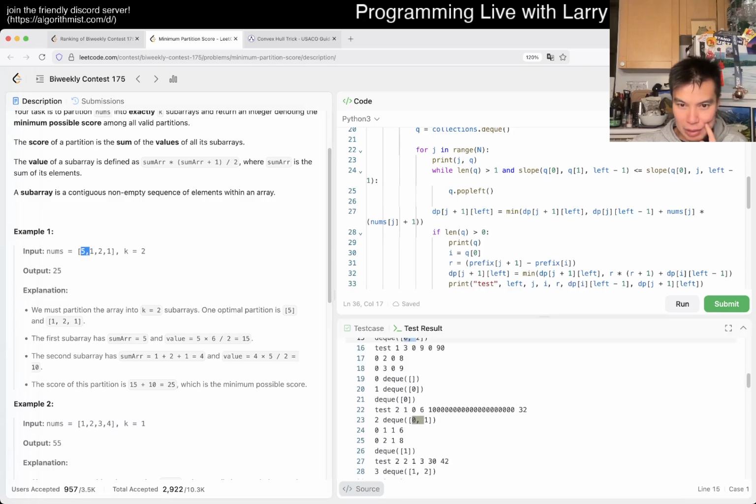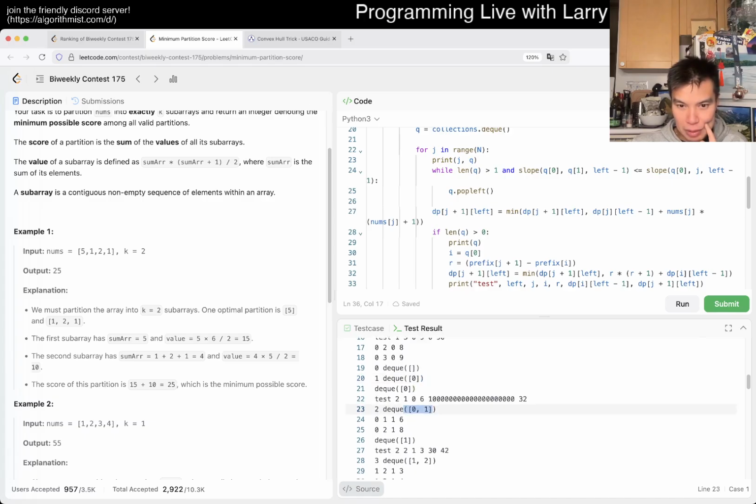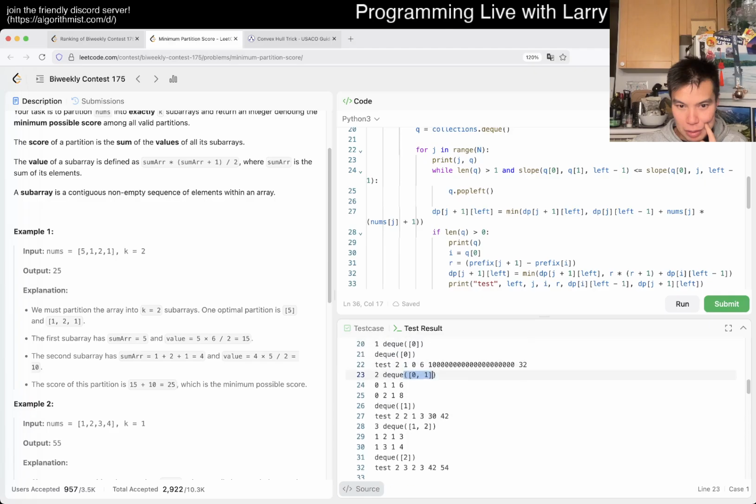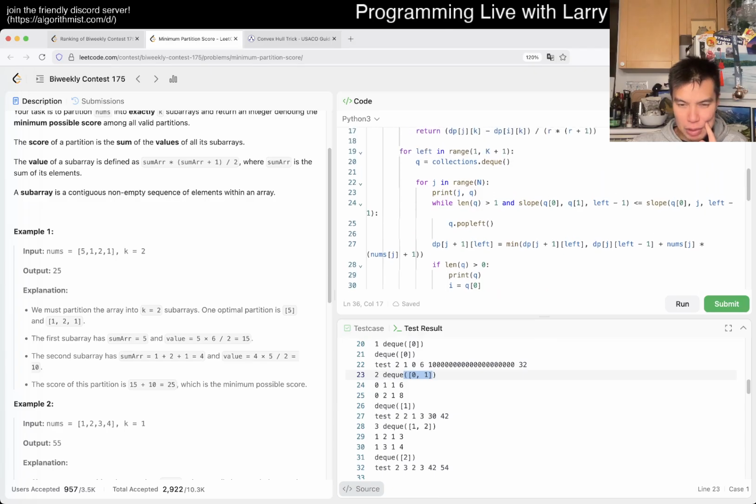So then now this is test 2. You have 0, 1. When we do the 2, this one should have popped off the 0, which it did. So then now this 1 to